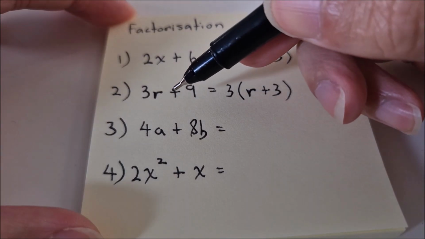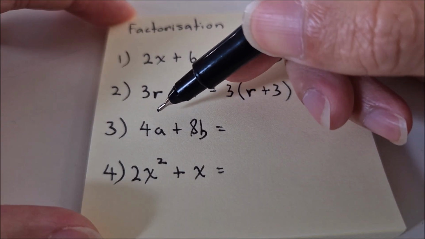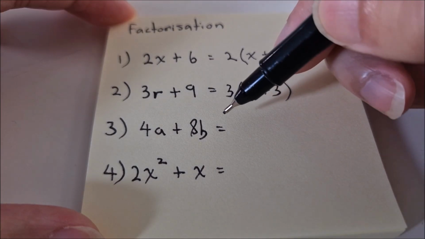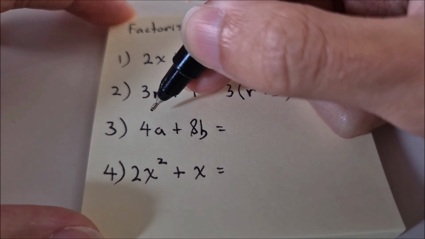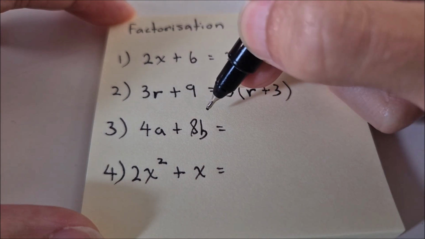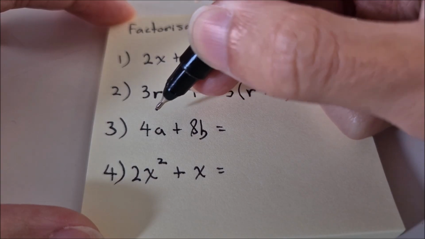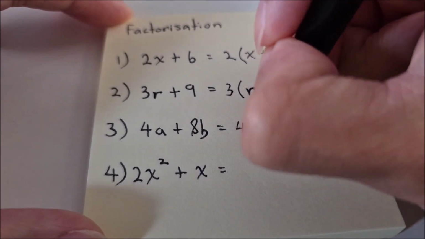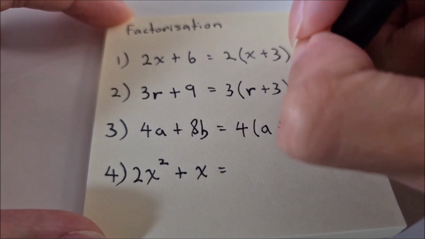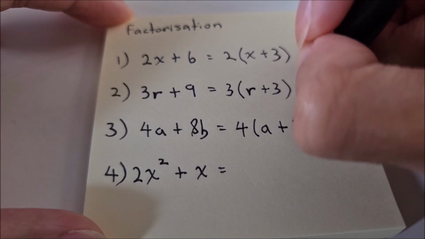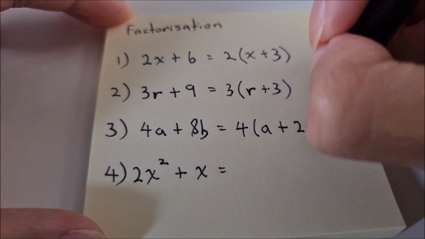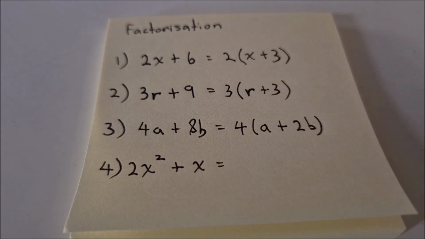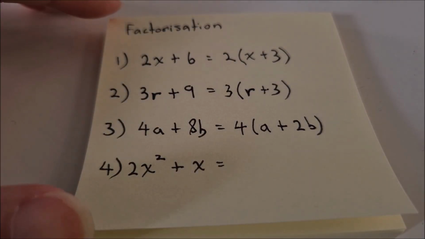Okay, so in this expression we have 4a plus 8b. We have 2 variables, a and b. Our highest common factor would be 4, right? Because we have 4 here, and 4 goes into 8 twice. 4 times 1a plus 4 times 2 is 8. So we have 2, and then there's a b. So that's our factorized expression for number 3. Now for the last one,